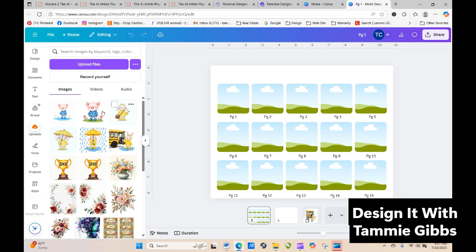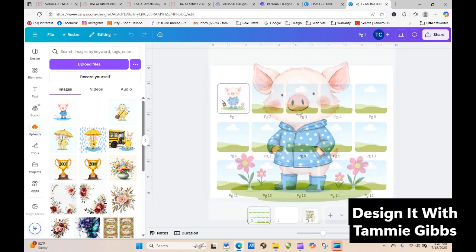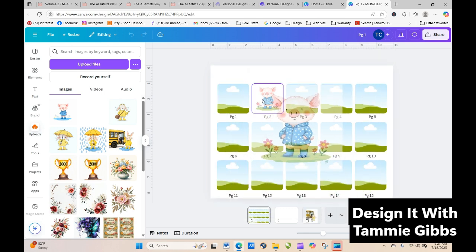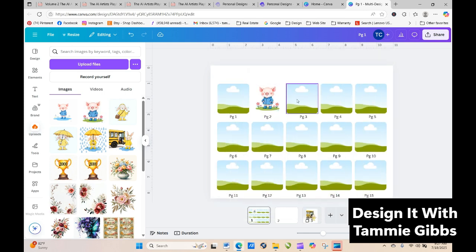Okay, so what you can do is, let's just say this is going to be one of our pages. So we could put, that's going to be on the right hand side, and then here we would pull in, this would be where our writing would go on this side. Okay, so you can do it kind of like that, and then you can have a space here for your writing, but this is just so you can work out your scenes. And let's just say you were going to have,